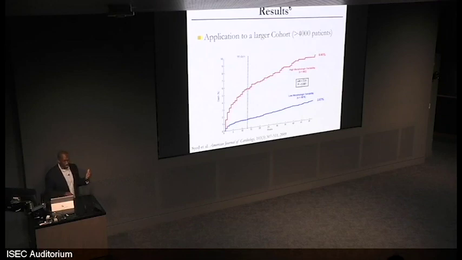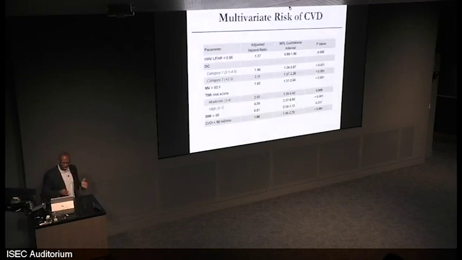So we want to be able to compare and see, does this tell us anything over and above what we already know? So we can do this in a multivariate model. We can put many different variables into the model that we know are correlated or associated with an increased risk of cardiovascular death and see what we learn if we account for all of these other variables. So in this model, we created a Cox proportional hazards model, which has different types of variables. This is a type of metric derived from the heart rate time series called deceleration capacity, heart rate variability, morphologic variability, which is what we've created.